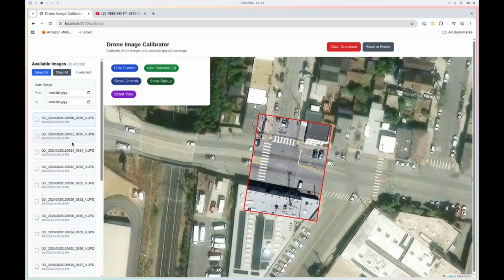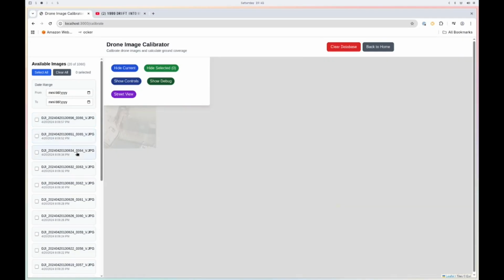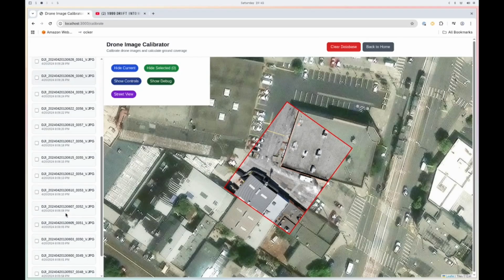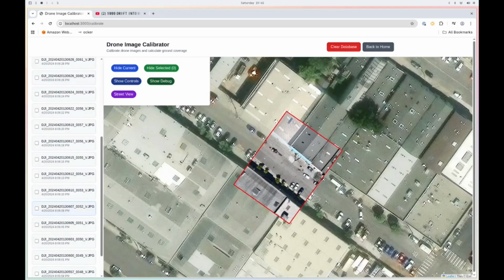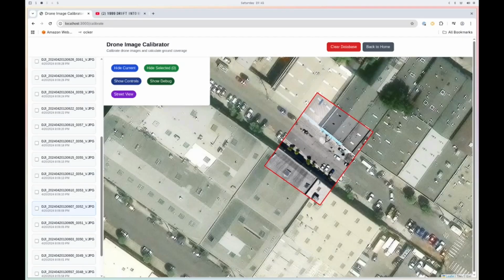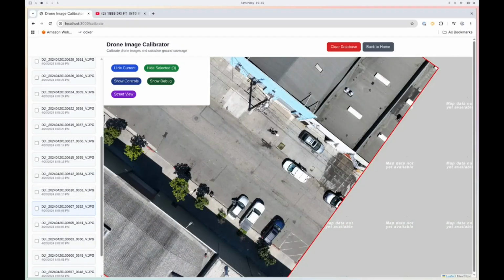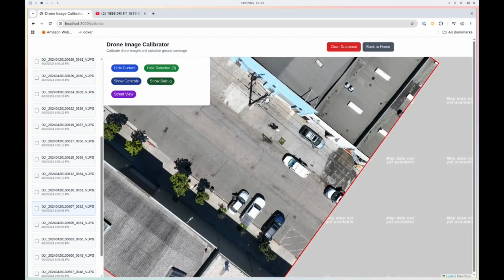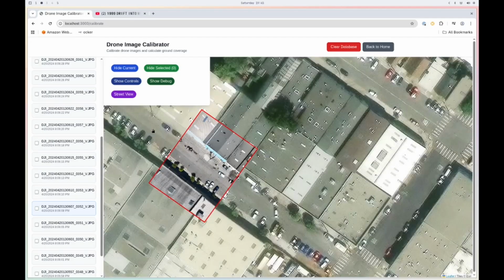So the first thing that I did was to rebuild my drone mapping software, which essentially takes a photo with some metadata and maps it into the real world. The reason that's really important is that when you're doing object detection on one of these photos, for instance, if you found a garbage pile right here, there isn't one there, but let's just say there was a garbage pile here. Let's say we wanted to report something really small over here. We'd want to know where that ends up in the real world, and be able to give it a latitude, longitude, give it an address. And so this mapping